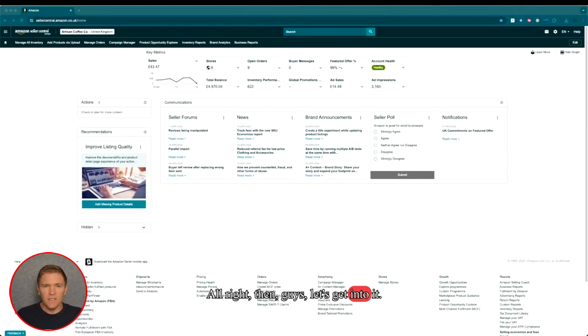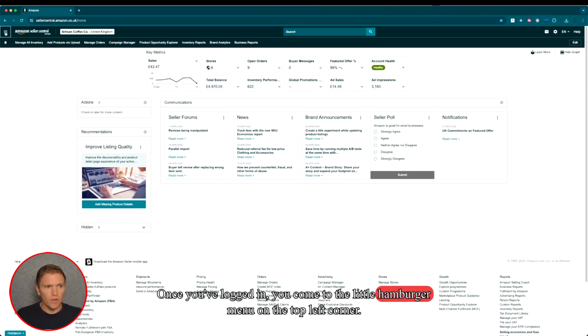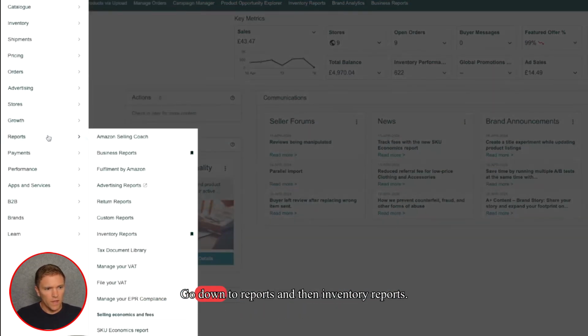Right then guys, let's get into it. So first thing you need to do is log into your Seller Central account. Once you've logged in, you come to the little hamburger menu on the top left corner, go down to reports